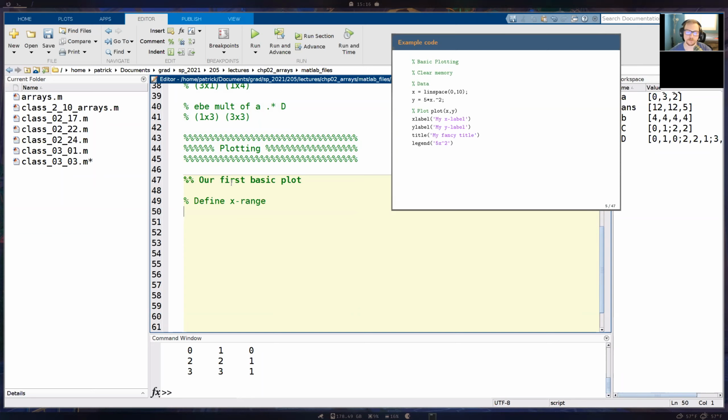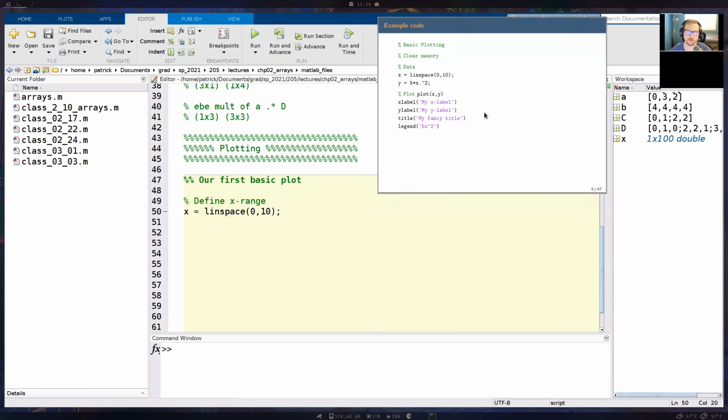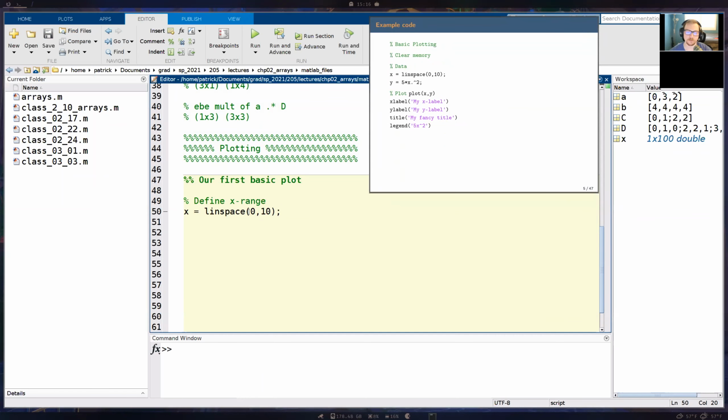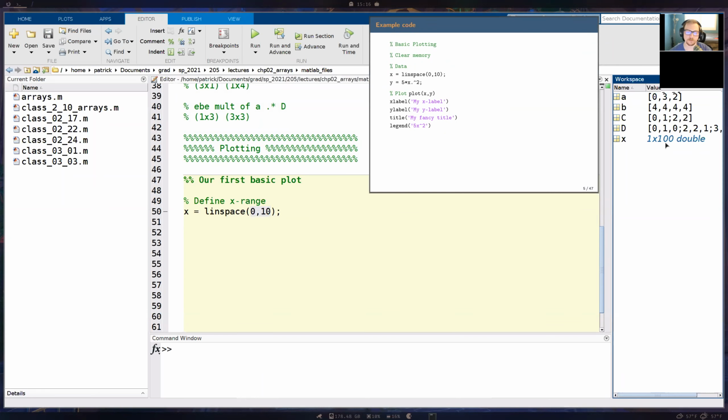So we'll do x equals linspace. We're going to use our old friend linspace, and we're going to go from 0 to 10. So our first value is going to be 0, and the last value is going to be 10. By default, if we only give 2 arguments for the linspace function, we're going to have 100 elements in there. And you can see that in the workspace over here.